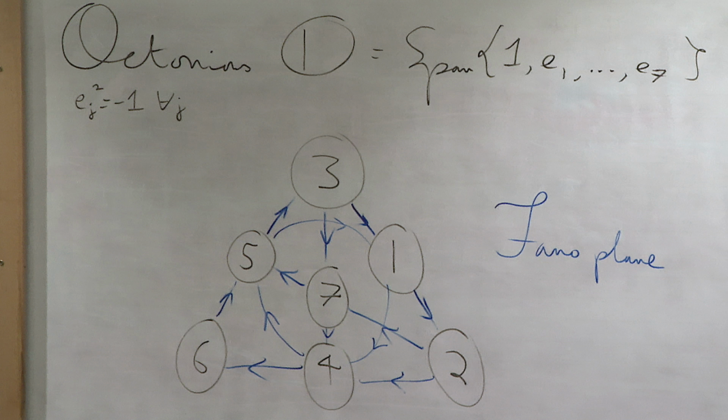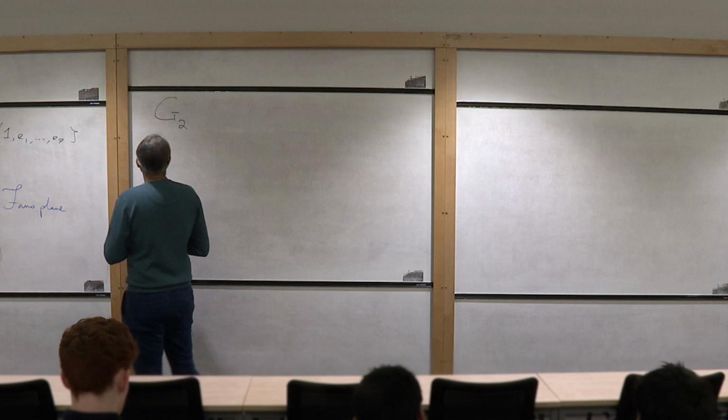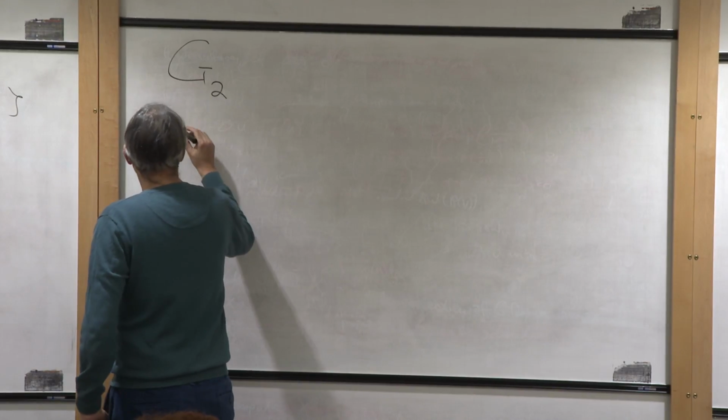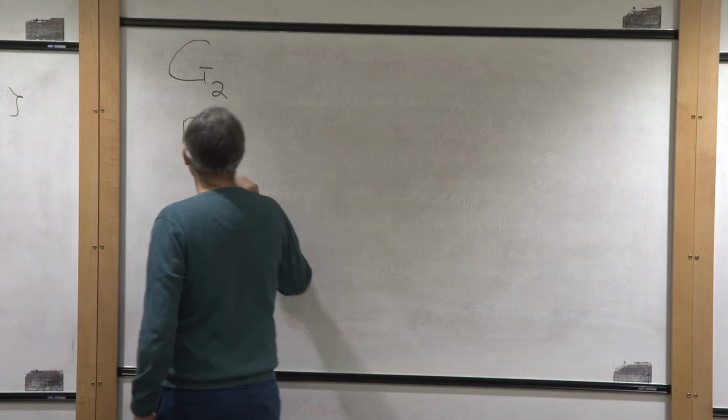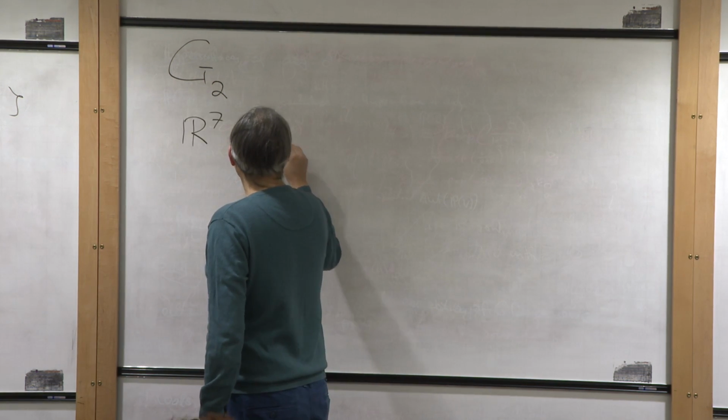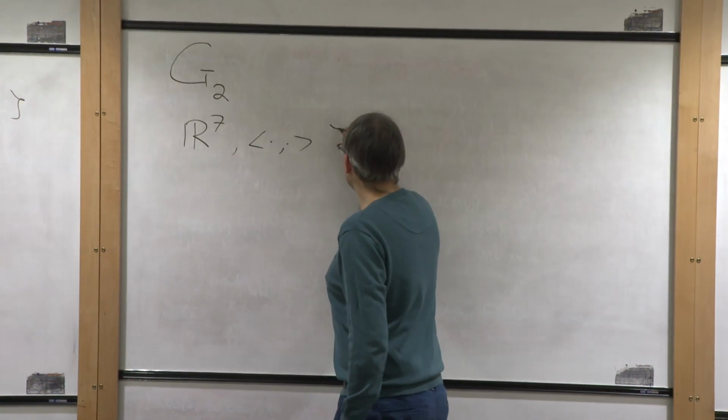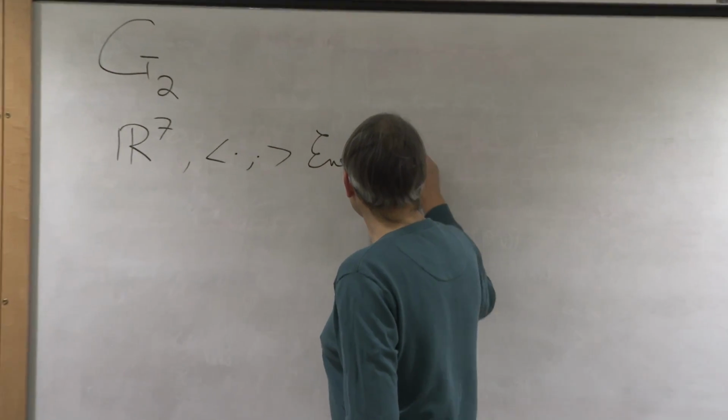So what I want to tell you about today is the algebraic properties of this Lie group, and try to bring together all of the theory that we've learned over this course into one lecture which describes the properties of this group. So the first thing is I need to tell you what it is. The simplest way to think about it is we just take 7-dimensional Euclidean space and take the usual Euclidean inner product